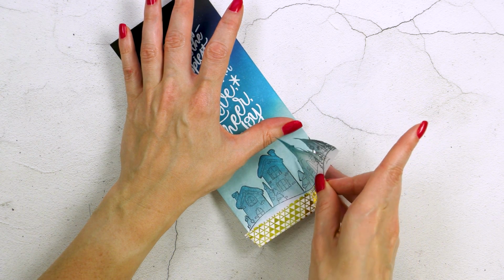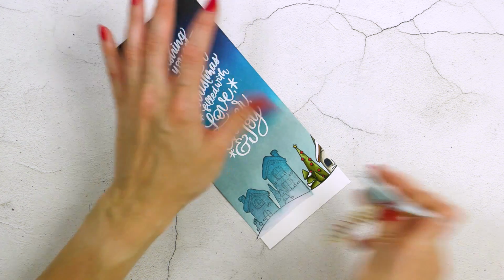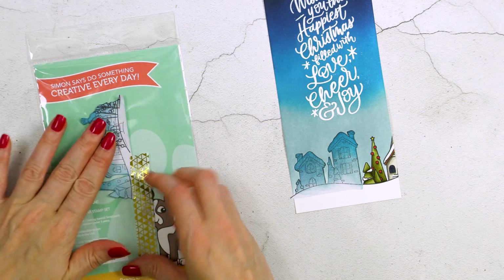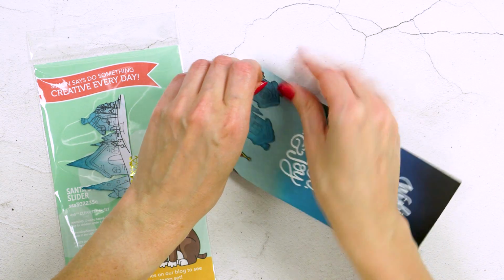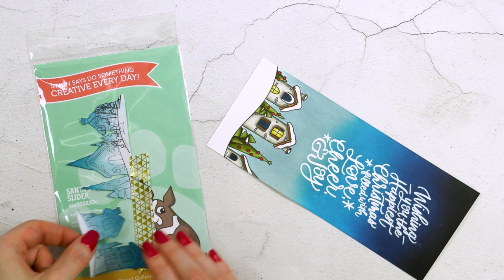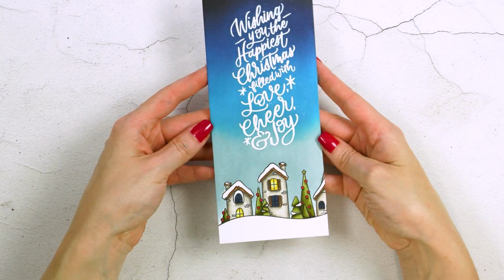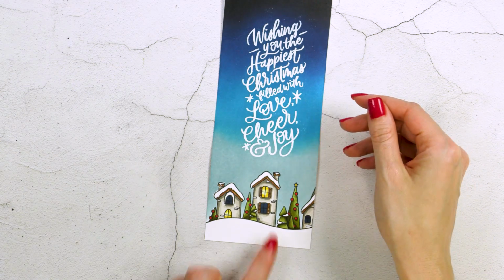Right now, the ink on the panel is wet, and it will stay wet for a long time. Not wet to the touch, but wet enough to catch embossing powder particles and mess up your beautiful card. So it is better to heat emboss first and then ink blend over the embossing. That gives better results. Remove the masking paper from the bottom of the panel, and oh my goodness, this looks